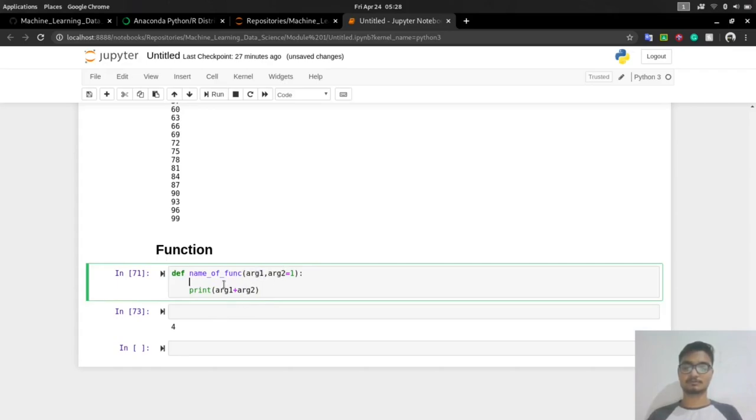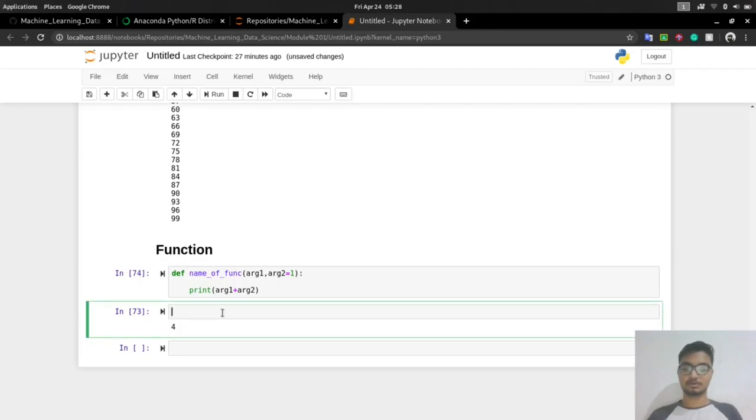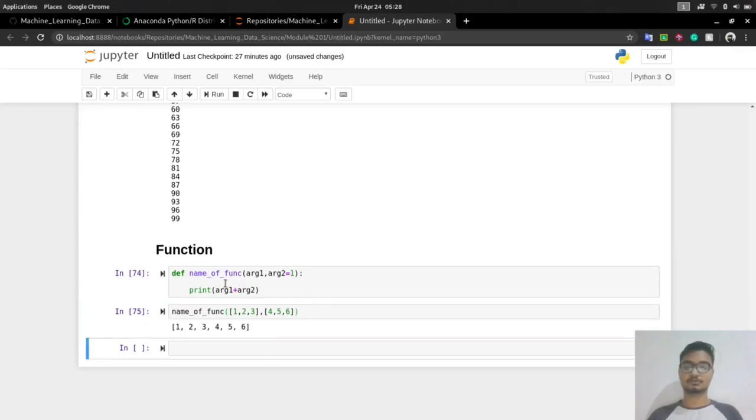So for example, if I still go ahead and call the name of the function, let's say I pass [1, 2, 3] and [4, 5, 6]. These are lists, so as you might not have thought, argument 1 and argument 2 should be for integer or even float values, but not for lists. So it will still execute, and it will add these two lists, because this is a valid operation in Python to add lists. You just say list A plus list B, so this will also get executed, but you didn't want it to get executed,